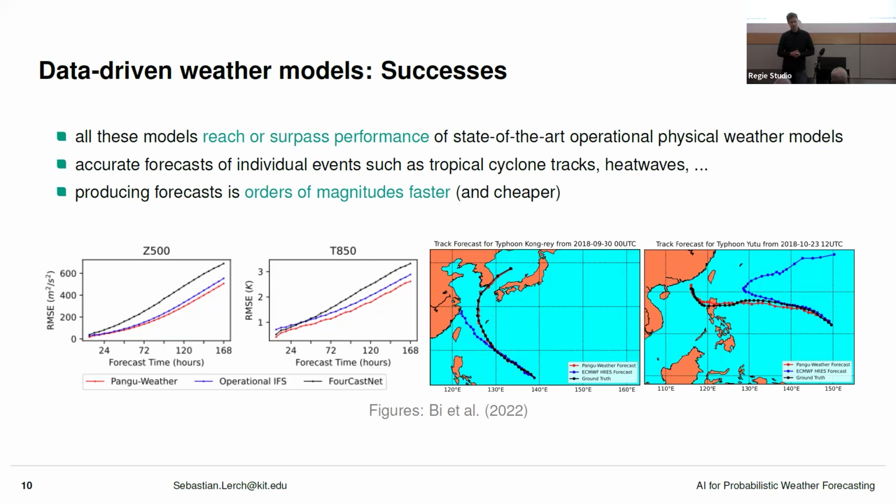And the second example that also comes from the paper is on tropical cyclone forecasting. So these are two tropical cyclones. And the red line is the AI model forecast, the blue line is the physics-based model forecast, and the black line is the true cyclone track that was observed eventually. And you can see the physics-based model does make some quite drastic errors here. The AI model's forecasts almost look too good to be true and seem to match the true cyclone track almost perfectly.